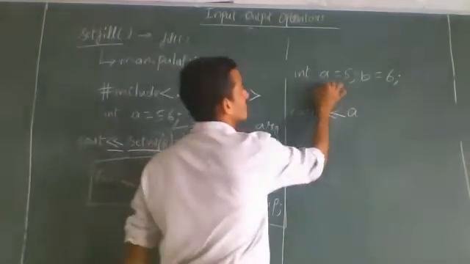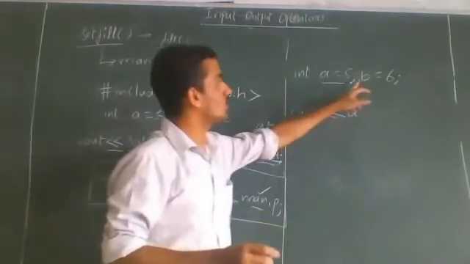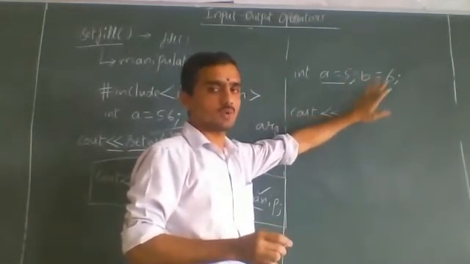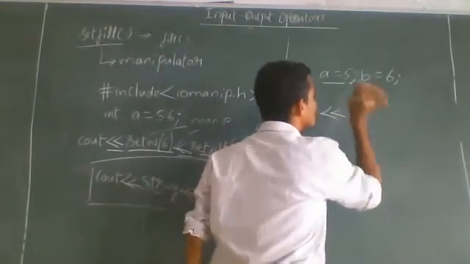So A is equal to 5. Here we have written A is equal to 5. If it contains a value, it is an argument. Now one more argument is there, in the sense one more variable is there. If you want to display this also, and you write A, B here only, it will not display.